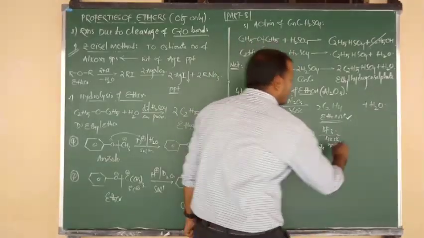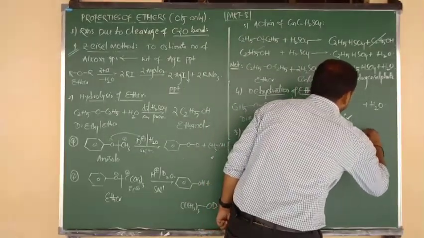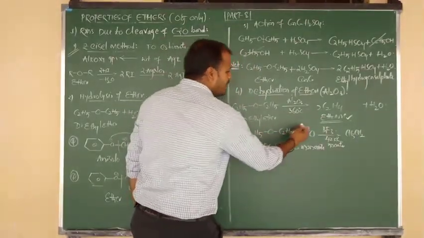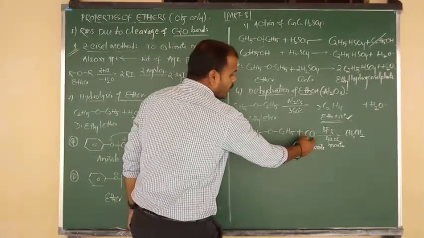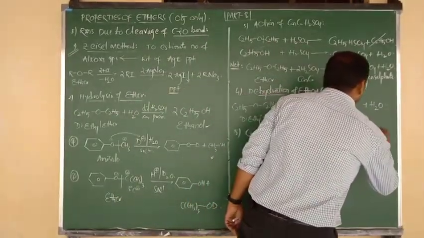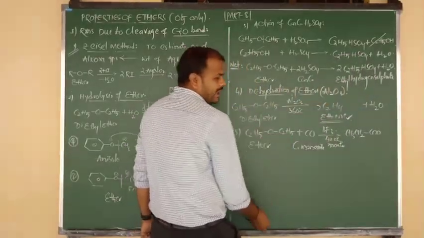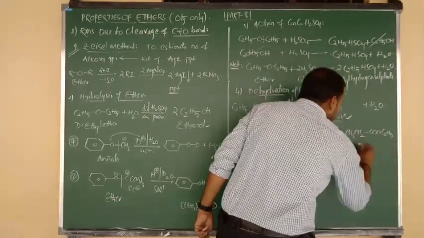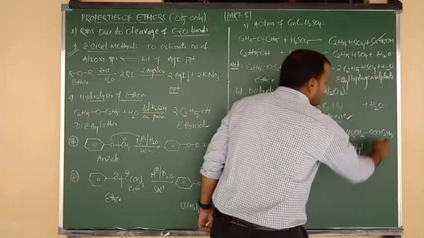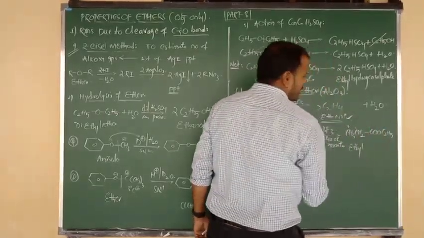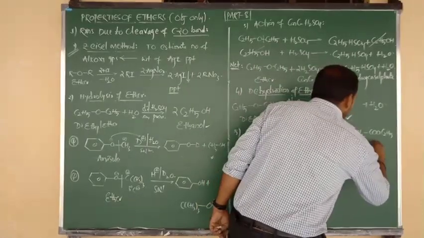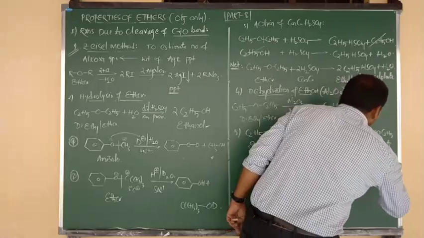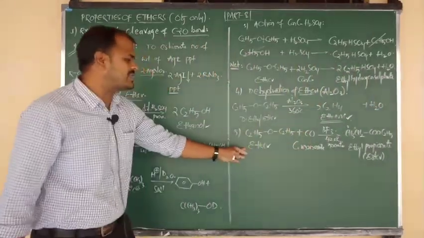C2H5, the ethyl group, we can write in the form of CH3CH2. No problem? Ethyl, or we can say CH3CH2. So insertion of carbon monoxide takes place, CO, and here another oxygen is there, COO. And after that, what is the alkyl group? C2H5 is the alkyl group. So what is the name of this compound? The side chain is ethyl, C2H5, and the remaining 1, 2, 3 carbons. So this is propanoate, and the common name is propionate. Ethyl propionate. This is the ester you are going to get upon addition of carbon monoxide to the respective ether.